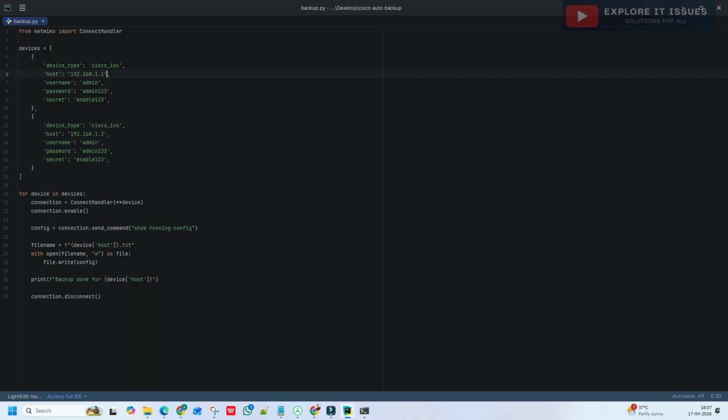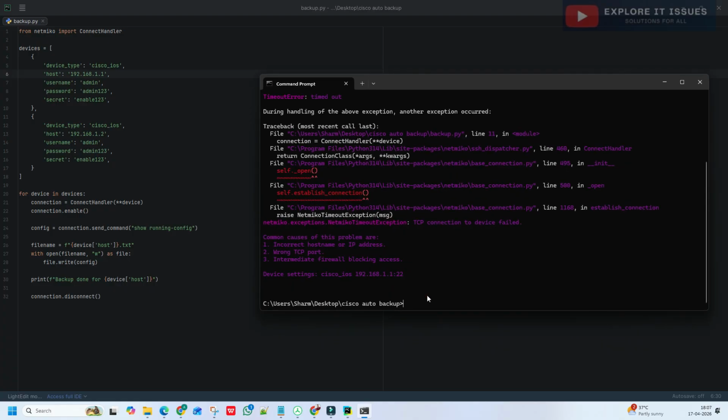So if you have 2 devices or multiple devices, you just edit it here and save it. Once you have saved it, you can go to the CMD and run the same thing under the same folder, python backup.py, then you get the multiple device backup file.